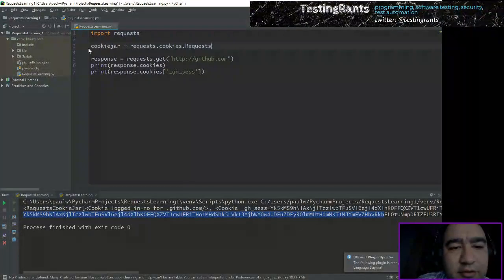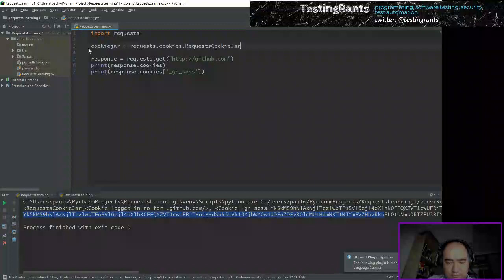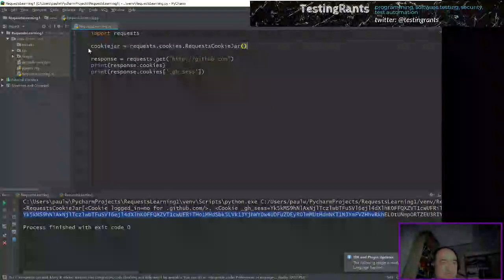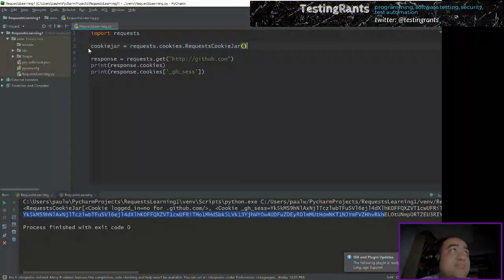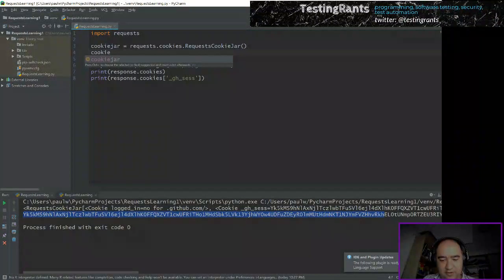I wonder if I'm doing this wrong because it's not coming up with the correct syntax predictive texting. What you can do is cookie jar set